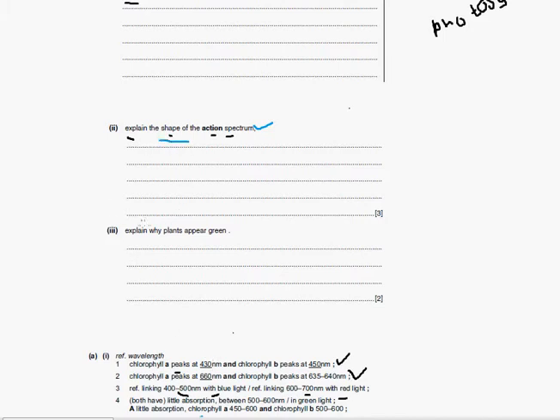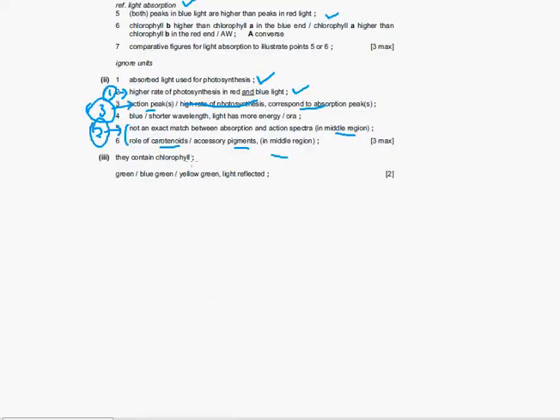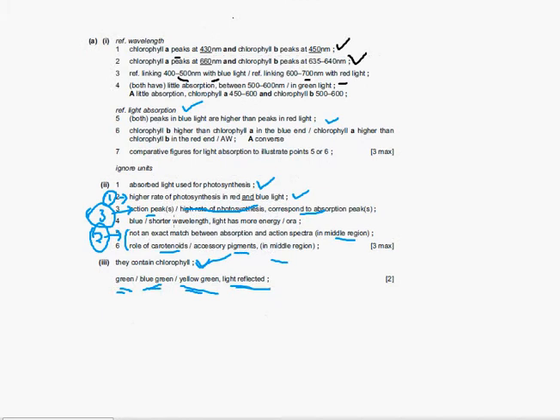And then the last question is explain why plants appear green. So plants contain chlorophyll, and blue green and yellow green light is reflected. Okay, so the color of chlorophyll is green. You should remember this color actually. We say blue green is for